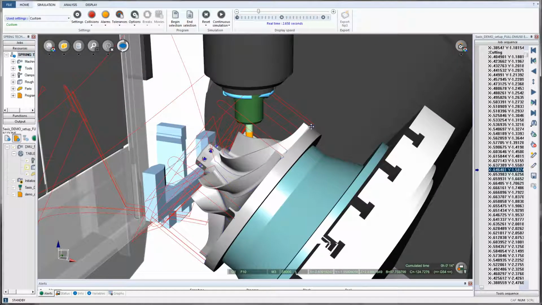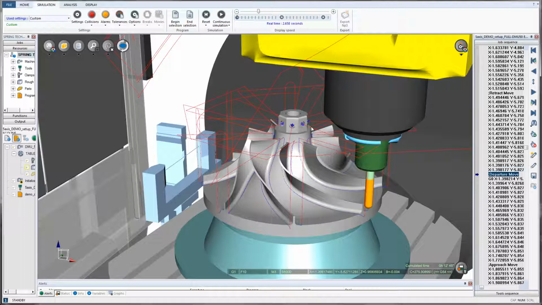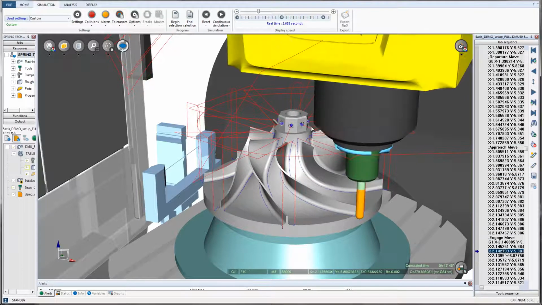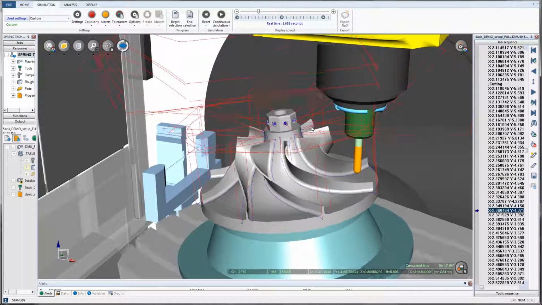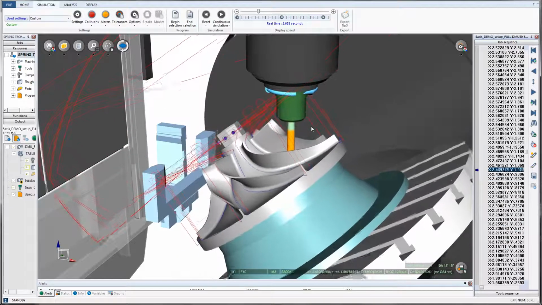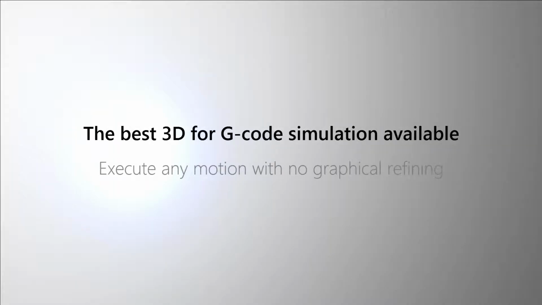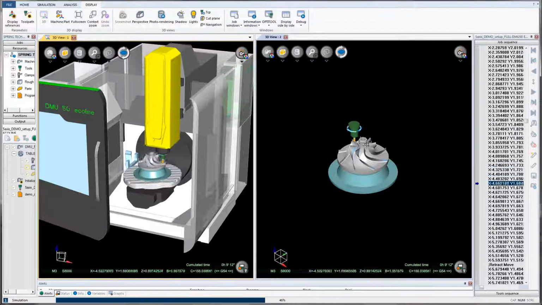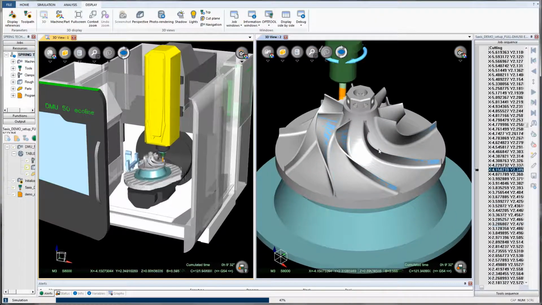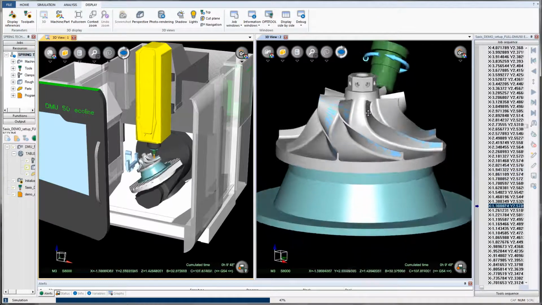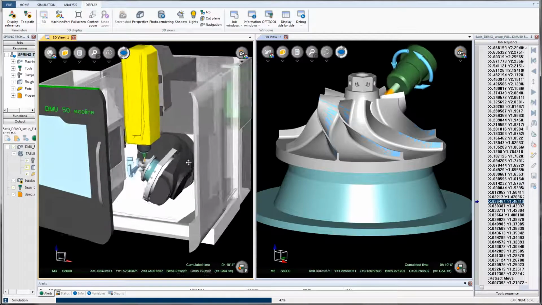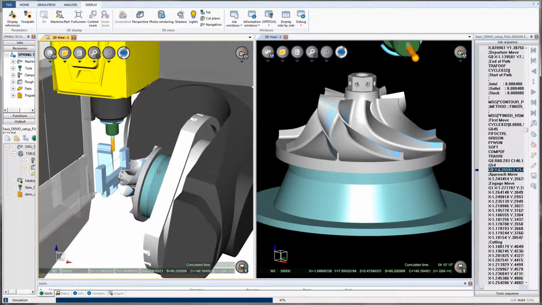NC Sim Machine utilizes the fastest, most advanced graphic engine available, allowing it to remove clear-cut volumes of material in the simulation environment in either part or machine view. It is the only G-code simulator that can be continually manipulated through zoom, pan, and rotate commands without any instances of refresh latency. By streamlining the production process via an intuitive interface, NC Sim saves both man and machine hours